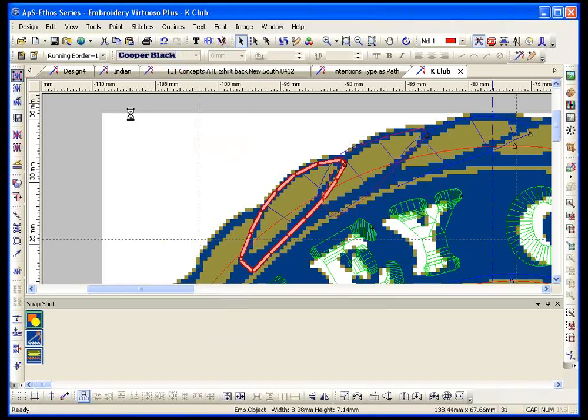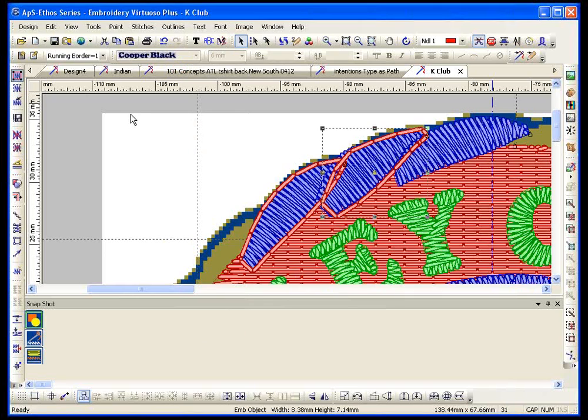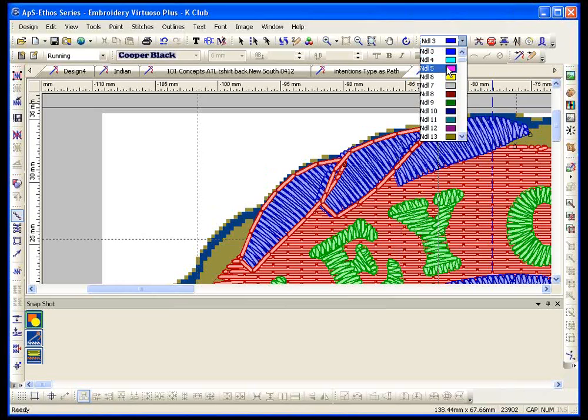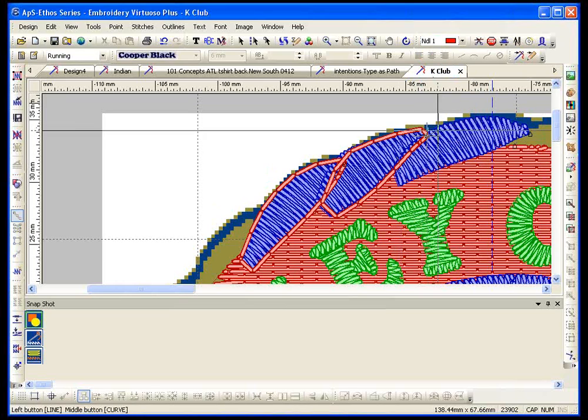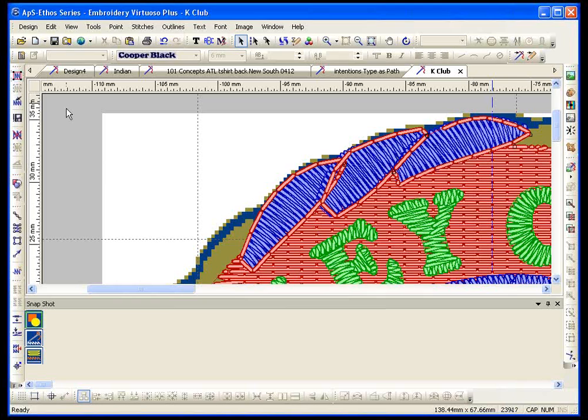Now, if my running borders don't work, if it doesn't match up well enough, then, okay, running stitch. Start here. Just use your middle mouse button for your curves. And so on. We'll go all the way around. Now this design, once I've finished with the rope around the outside edge, it's going to sew out a lot